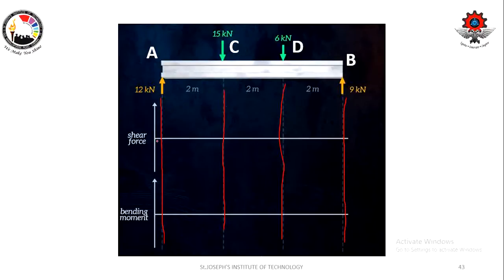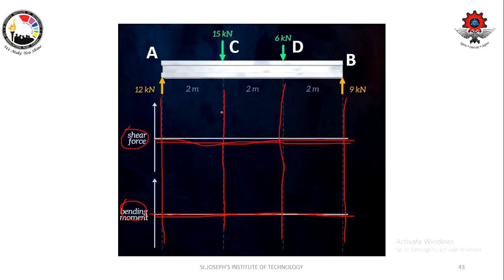Drop a dotted line. Now draw a reference line for shear force and leave some gap and draw a reference line for bending moment. Here we are going to draw the shear force diagram, and here we are going to draw the bending moment diagram. So each one should have a reference line or zero line or axis line, any way you can call it. Right? Hope you understood the procedure, how we are going to start drawing the shear force diagram and bending moment diagram.